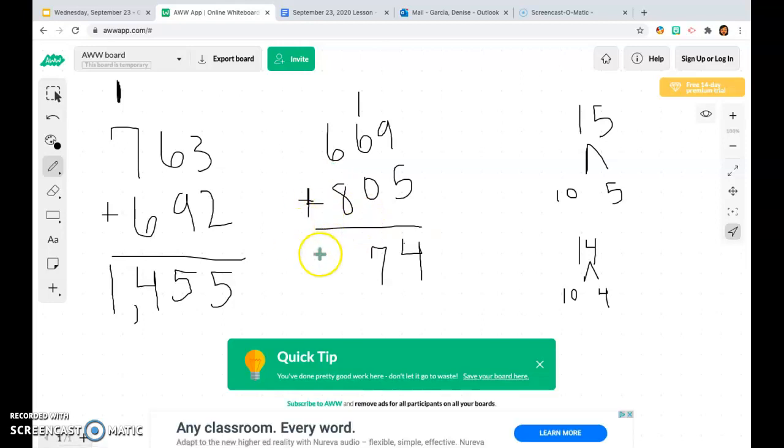8 plus 6 is 14. I'm going to put the 4 down here. And once again, there's no thousands place for me to regroup up here, so I can go ahead and bring the thousands place down. And once again, worry about that comma. Ones, tens, hundreds, and thousands. So there we go. Notice how we had to decompose the number so we can make sure that we are